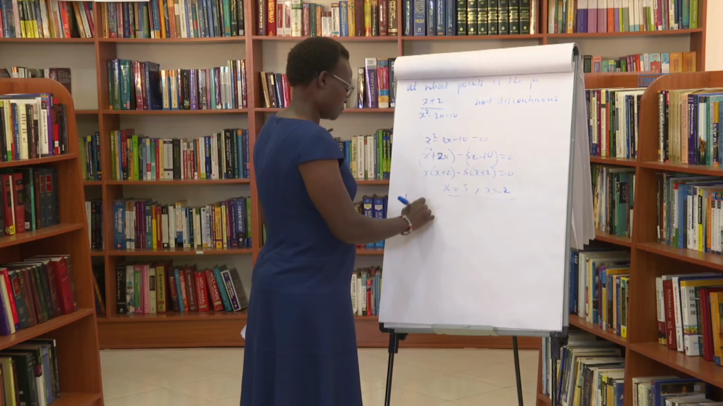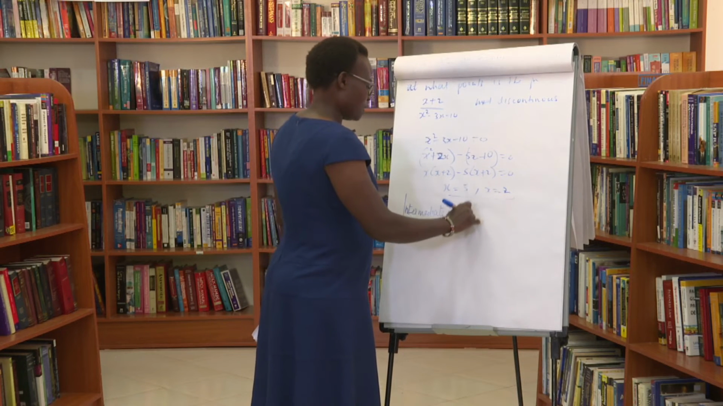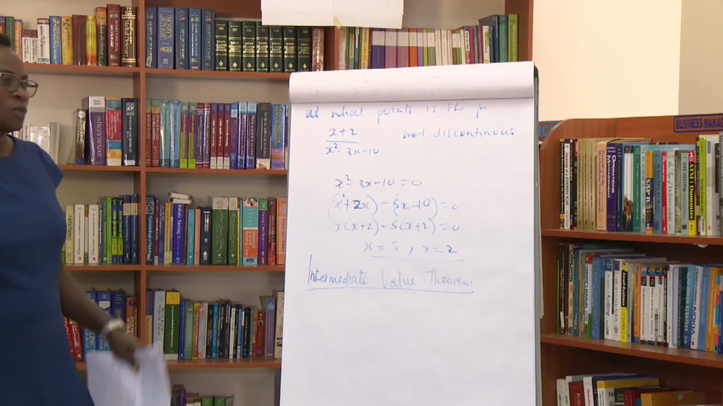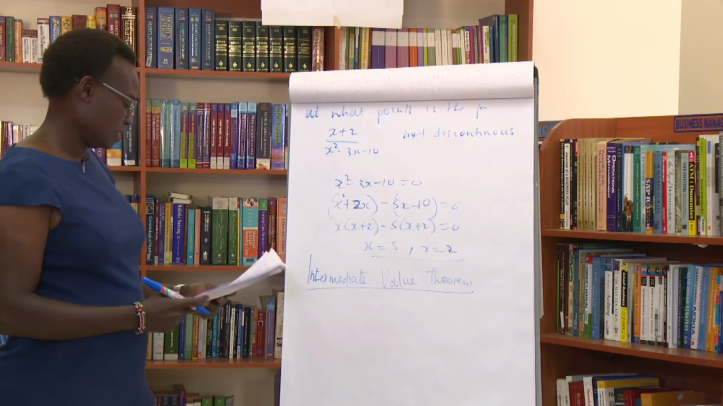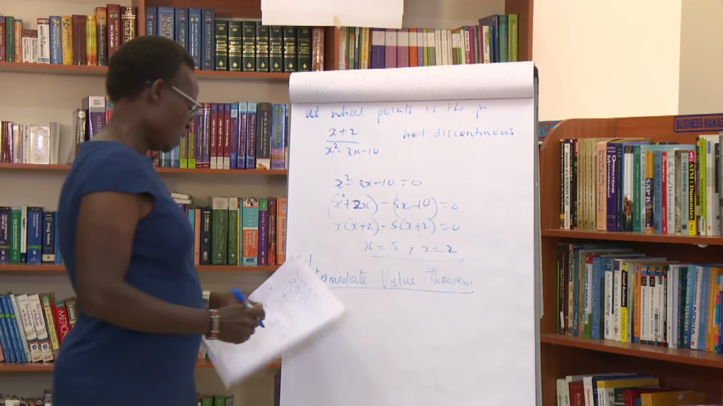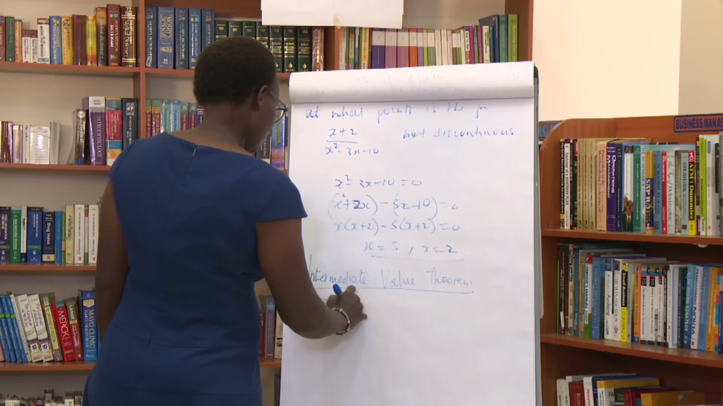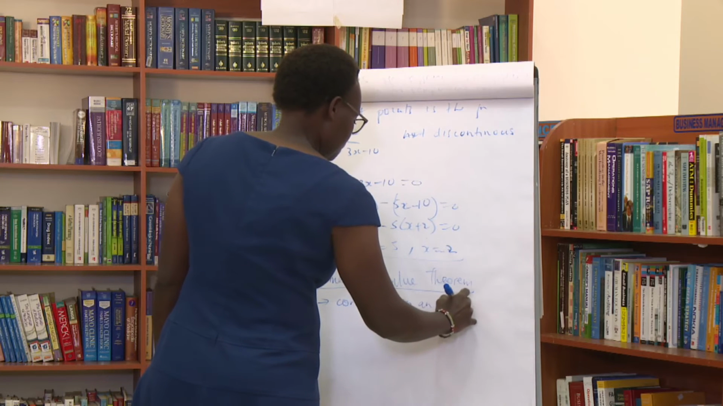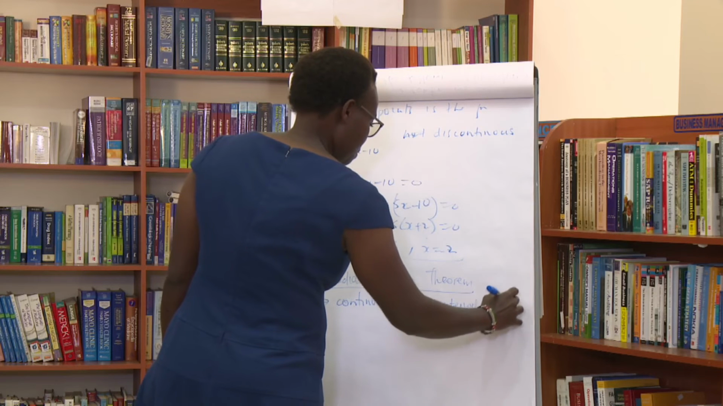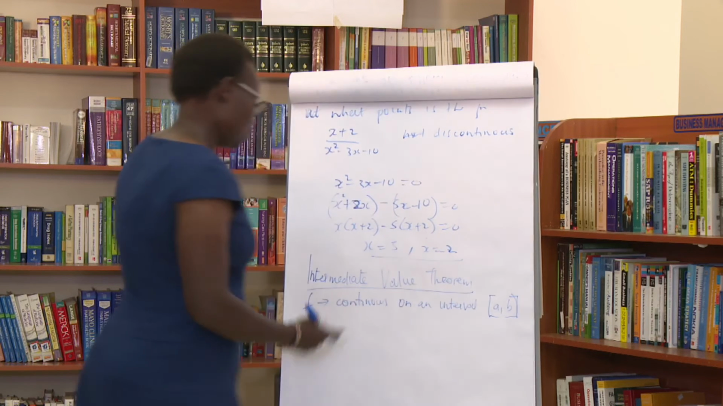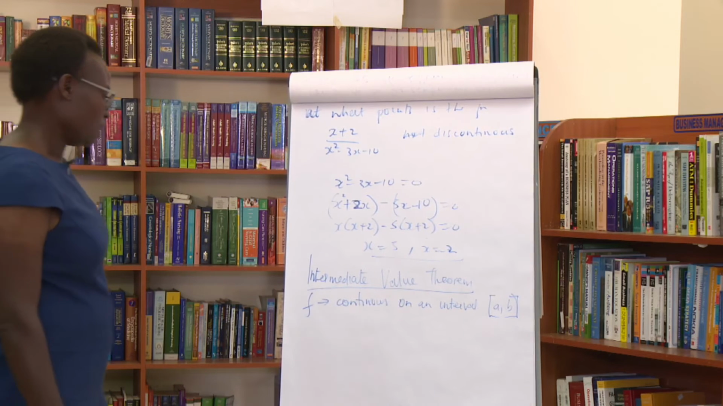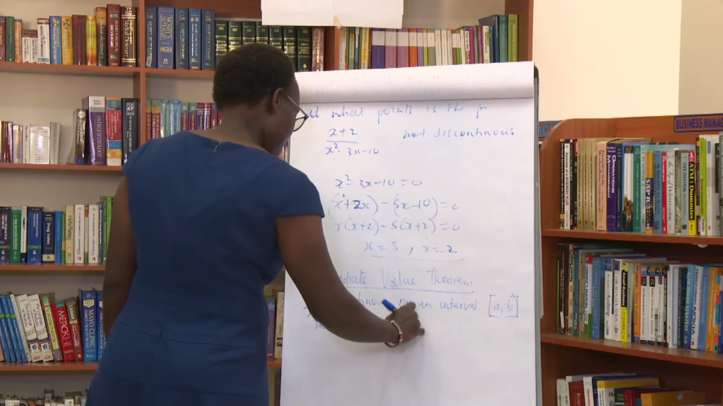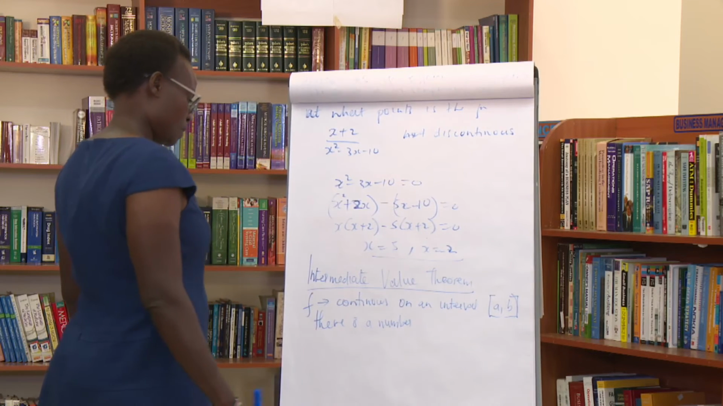Intermediate value theorem. This simply states that if you have a function f continuous on an interval AB, on a closed interval actually, so continuous on a closed interval AB, and then there is a number, we can call it k, a number k,